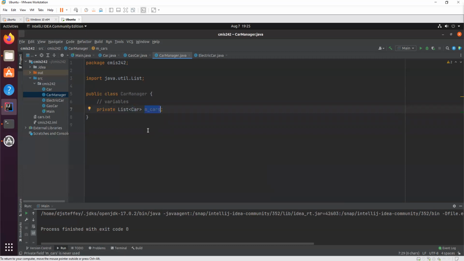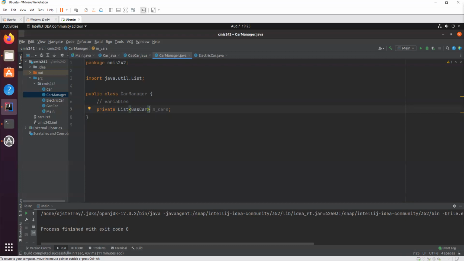So what you may be thinking, and I've got some email questions on this, is why do we use car here? Why don't we use electric car? Or why don't we use gas car? Well, the reason we don't use gas car is because a gas car is not an electric car.